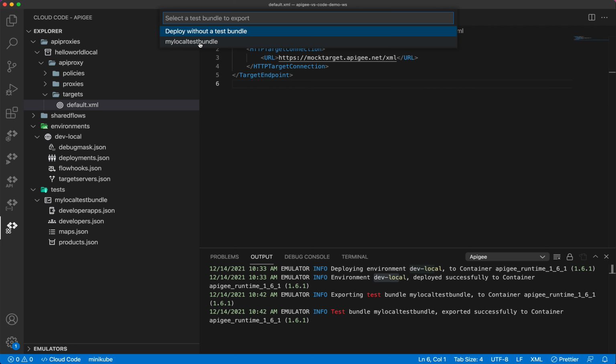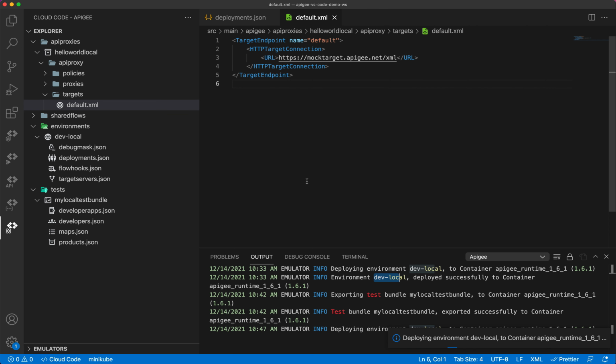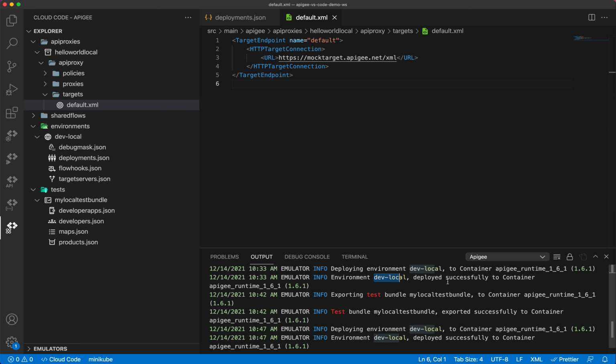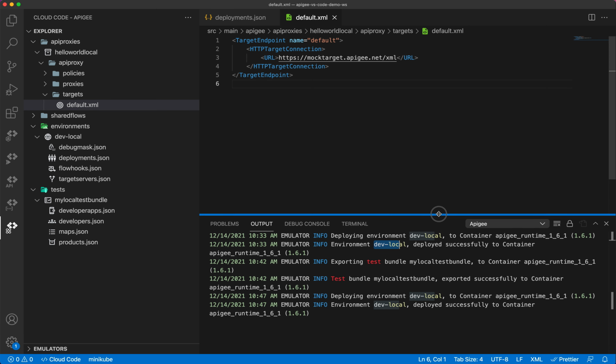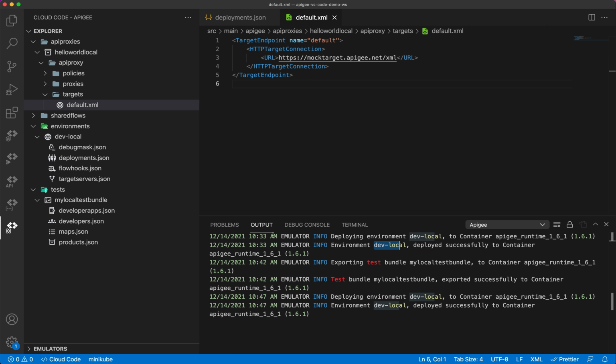If you have not made any changes to your test bundle and the only changes are to the proxy, you can deploy it without a test bundle. That will be a little bit quicker, because the deployment doesn't have to deploy all this test information or create new API keys and those things.